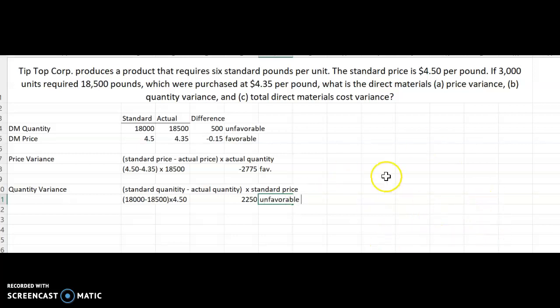So when we look at this price variance, this is letter A, and then quantity variance, this is letter B. The last part is going to be part C, and this part is where we net the 2775 and the 2250, and so we get 525. This is favorable